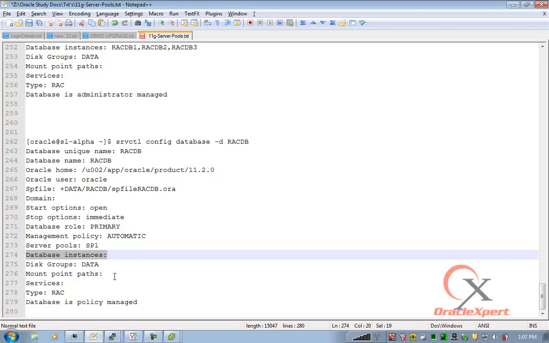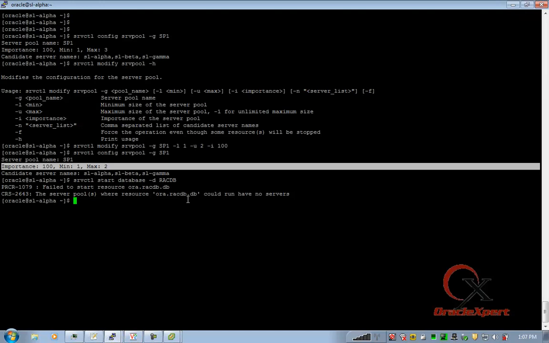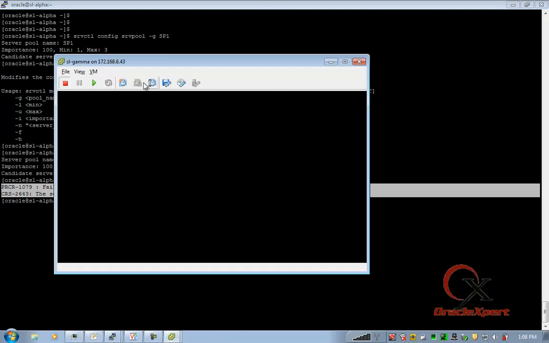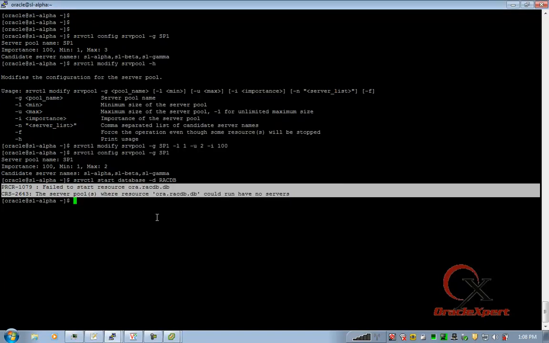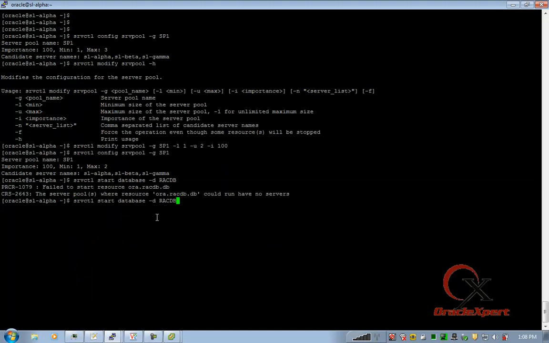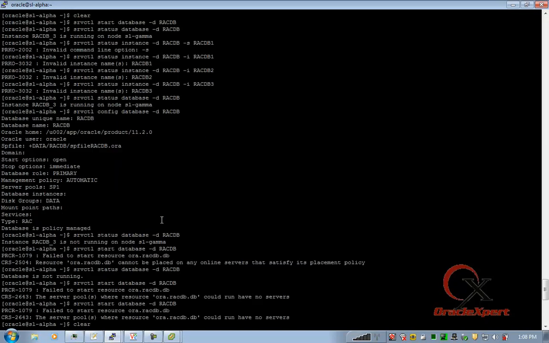So it should have allowed us to do a service migration of that particular instance. There may be open bugs, I don't know. I will validate it against Metalink and check if there are any patches available or if this is correct behavior. But for me, this is not the correct behavior. I am starting up the Gamma node again. And would wait until the node joins in the cluster.